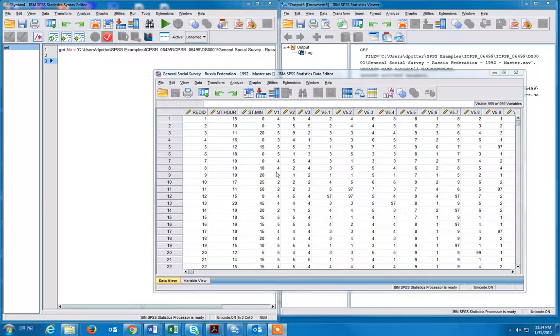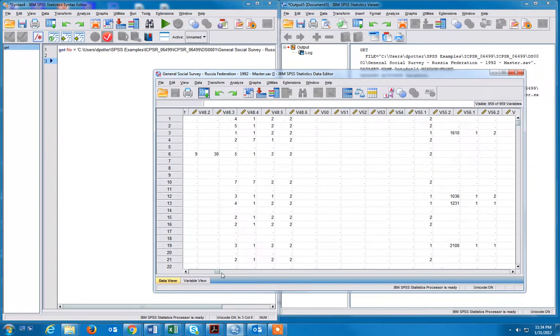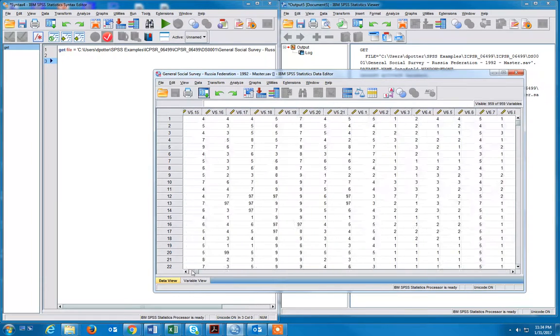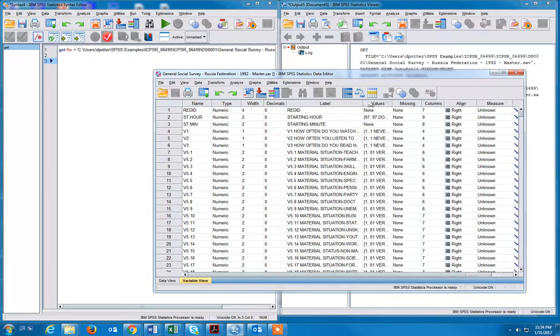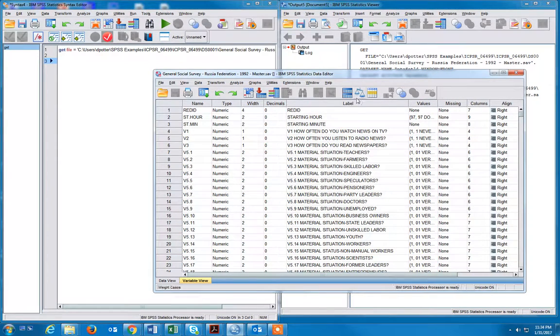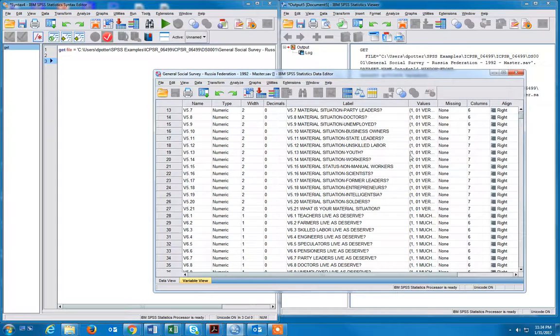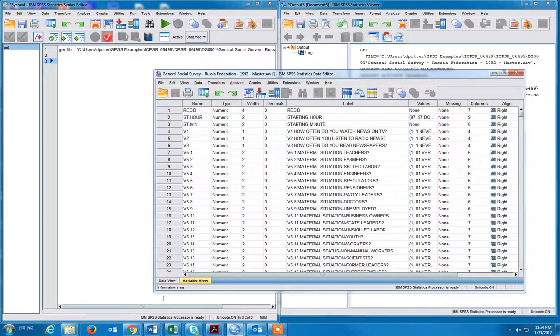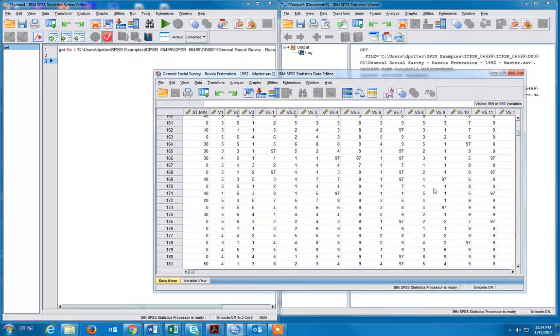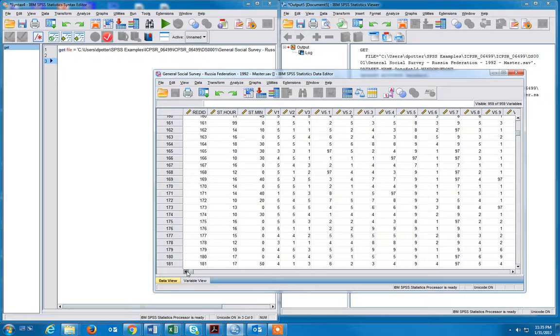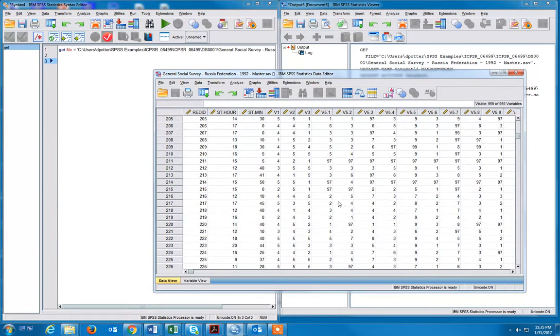We have been visually scanning the data as we've opened it up several times, flipping back and forth between the data view tab and the variable view tab, expanding the variable label column so you can sit through here and read up on this stuff. We got the value labels here. And this is all well and good in terms of being able to look at the data and see what's there. The problem we run into is that unless you've got a very, very unique mind, for the most part, simply sitting here and scrolling through this data set isn't going to provide you with any sort of summary,